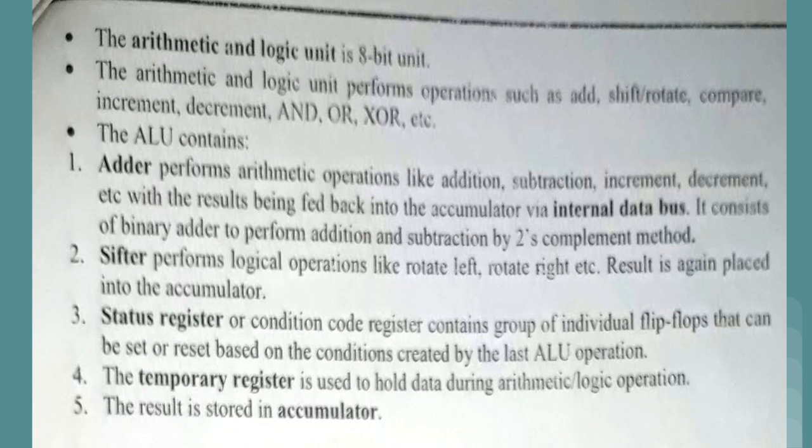Next element of ALU is shifter. Shifter basically performs logical operations like rotate left, rotate right, etc. So shifter means whenever we are having total actually 4 instructions which are associated with the shifting, that is RLC, RRC, RAR and RAL. So all these 4 instructions are there which are basically we are using to perform the rotation operation. So we can rotate the data towards the left side also and towards the right side also, but only by 1 bit. And again, after performing the rotation operation, final result is stored inside the accumulator.